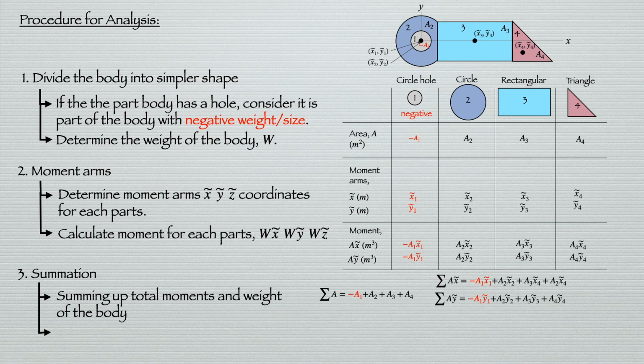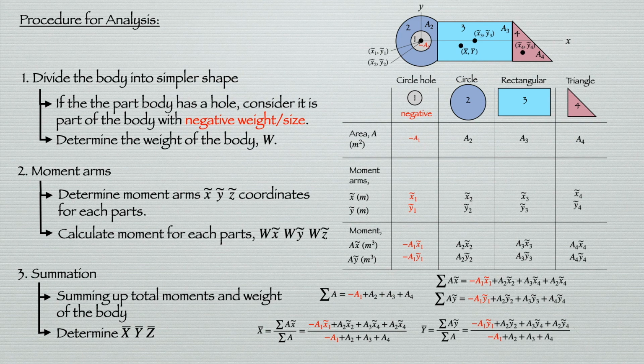And finally, we can determine the centroid location of the whole body by using the centroid formula. For example, X bar is equal to the total moment divided by the total area. So we have minus A1X1 plus A2X2 plus A3X3 plus A4X4 over the total area, minus A1 plus A2 plus A3 plus A4, and we get the answer. Similarly for the centroid in Y direction, we have the summation of the moment in Y direction divided by the total area. And that's all about the